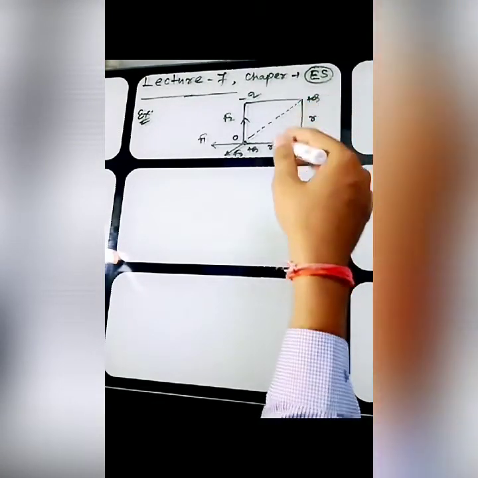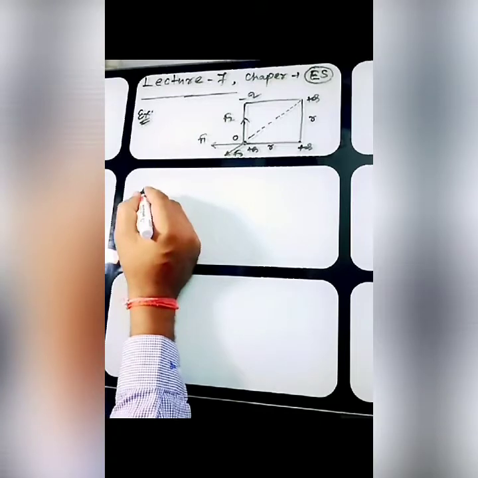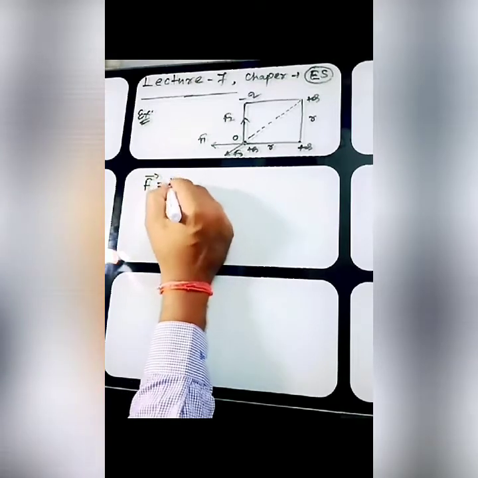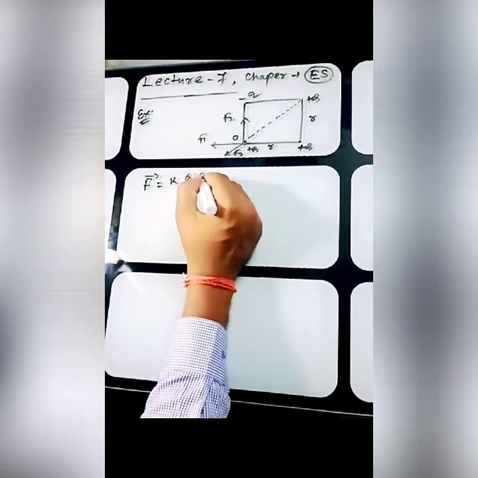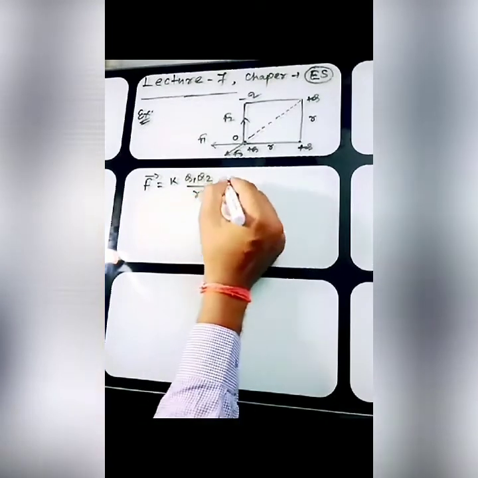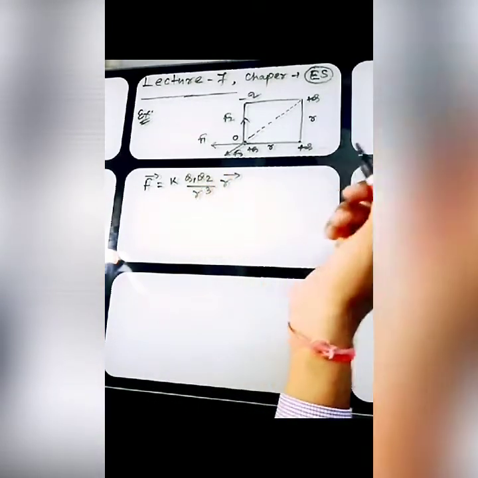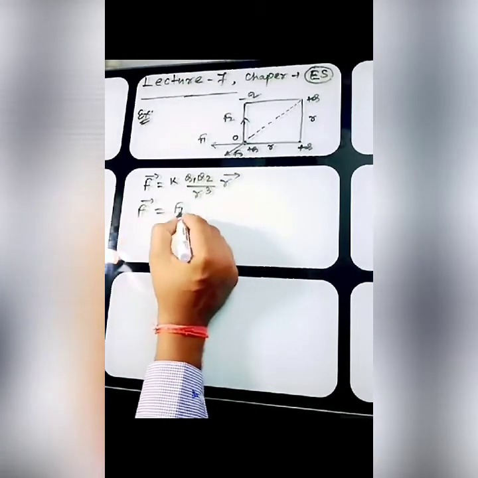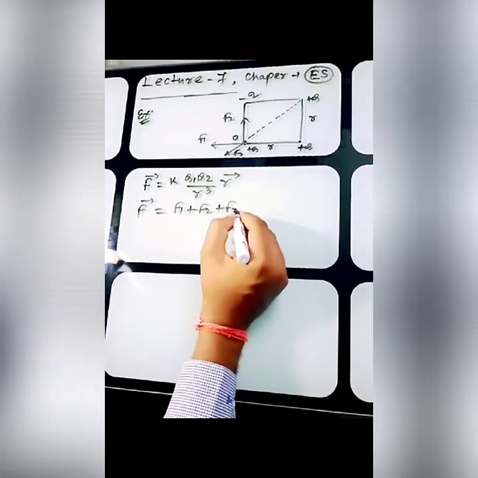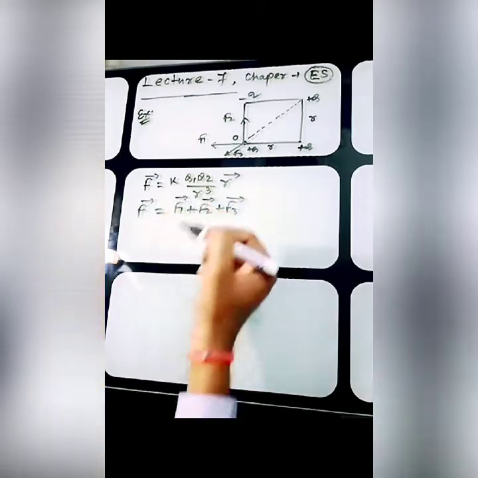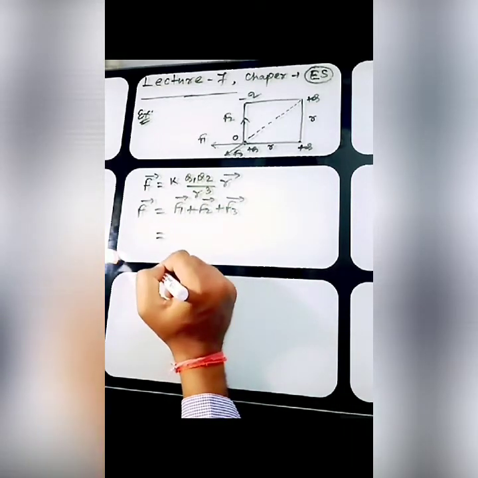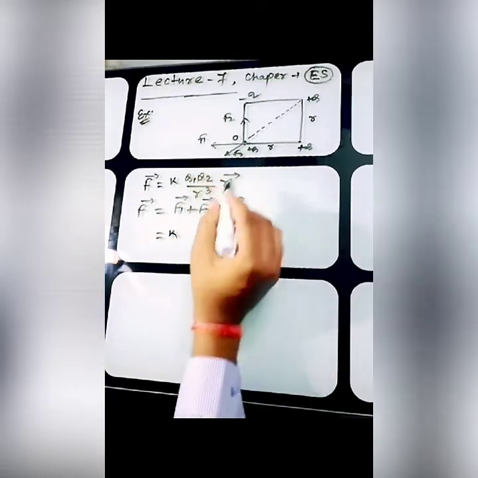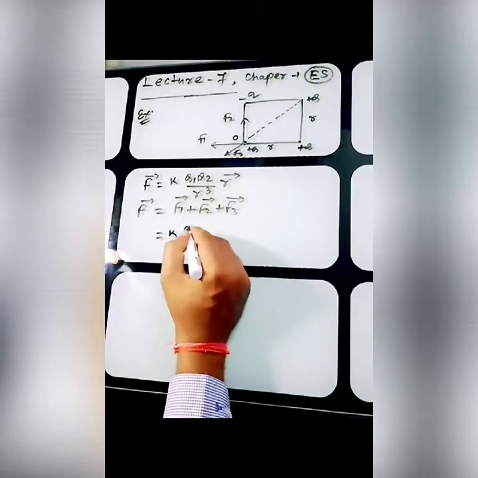Now how do you have to solve this one? You have to apply the vector law. The vector law tells you F is K Q1 Q2 by R cube times vector R. Here we have three forces, so the F net will be F1 plus F2 plus F3 in vector form. Very simple. F1 is K Q1 Q2, that is Q square,